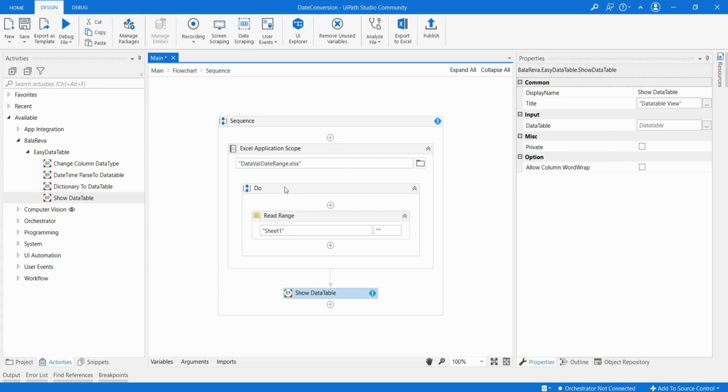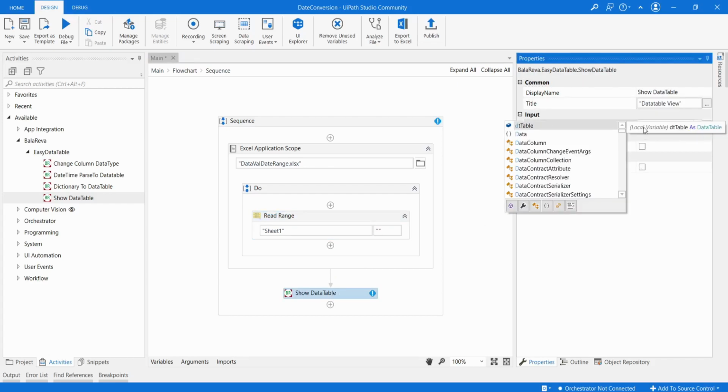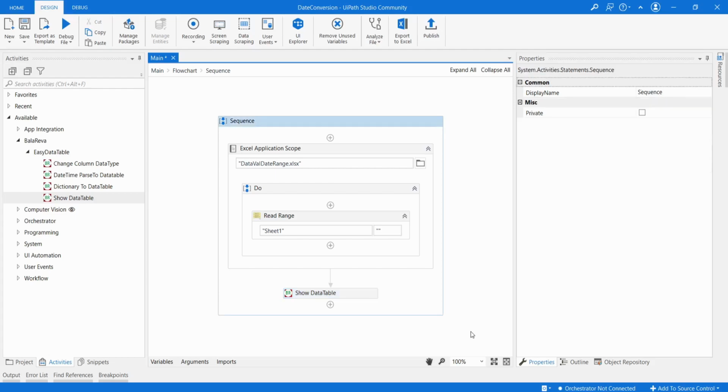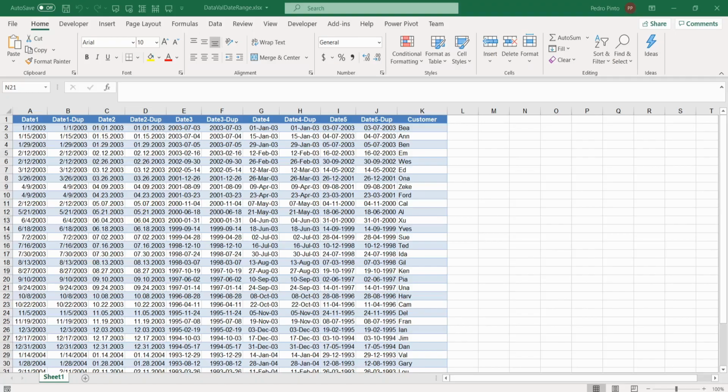For example, already I have read everything into the data table, so I am going to give the data table as an input property, and this activity has only one input property. It's called data table. Here you have to pass the data table. So before that I'll close the Excel file, and in the Excel file it has various formats of the dates.